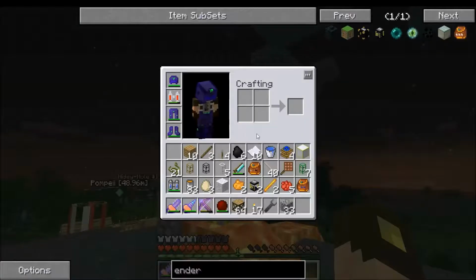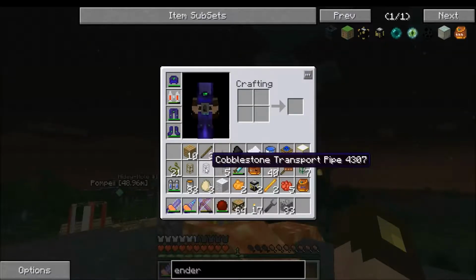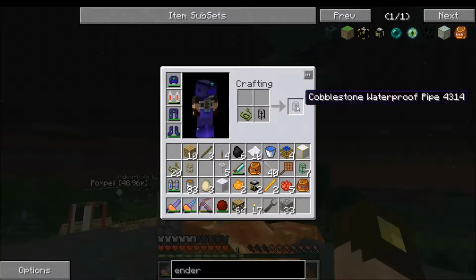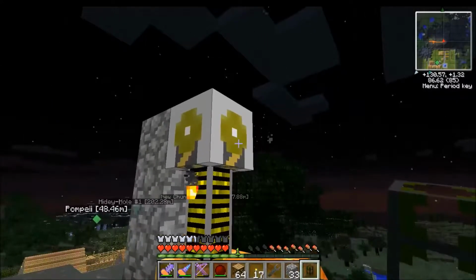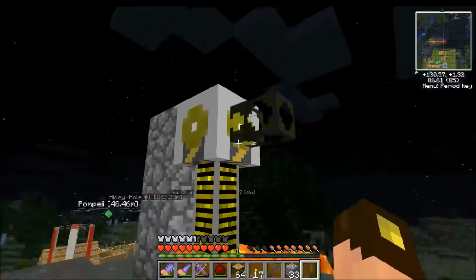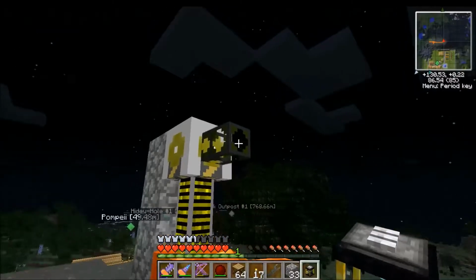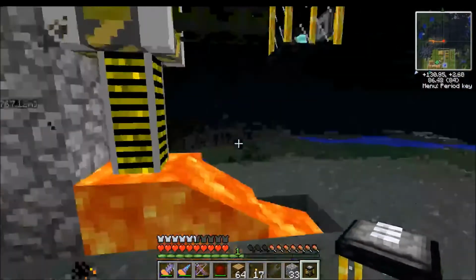So what we're going to do right now is grab one of our basic pipes, like the transport pipe. We're going to waterproof it. Now, note that you don't need to use the wooden pipe on the side of this, like you would to extract from a chest. It'll automatically pump into a waterproof pipe that's attached to it, which is really quite handy. And then you just take your ender tank and you put it on this side here. And anytime this pumps out, it'll go into the ender tank. Now the ender tank can hold...